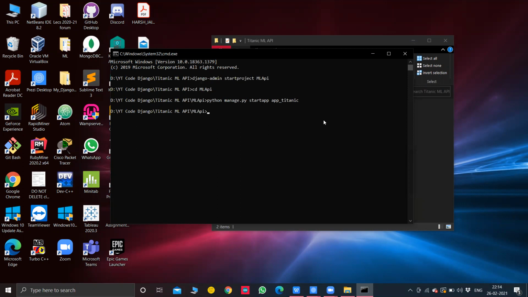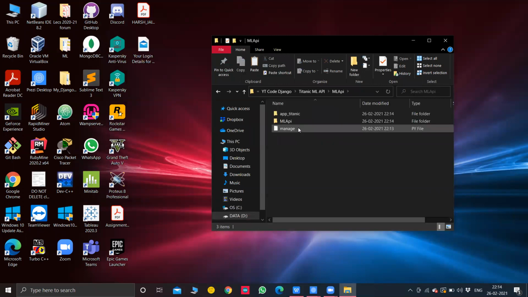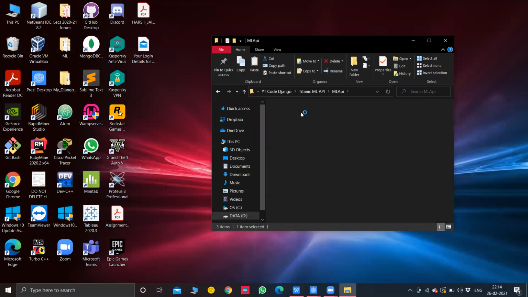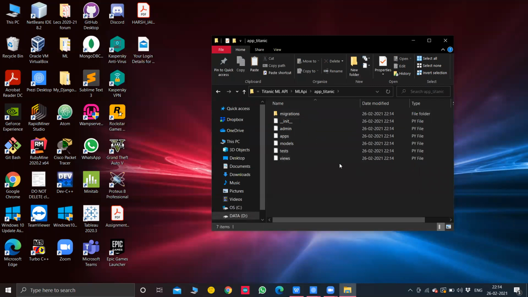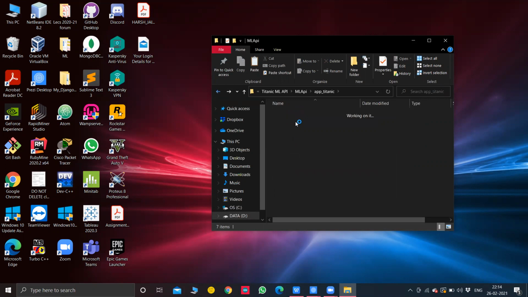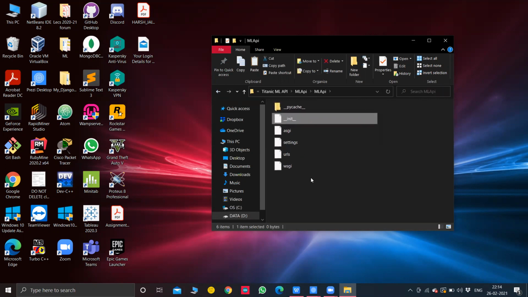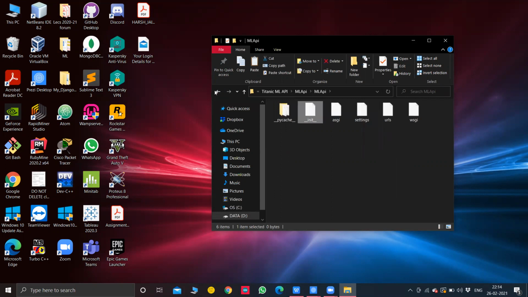You can select any name again. So now you can see our ML API is formed. There is this application. There are the Python files and stuff you can see, and there is a project directory.